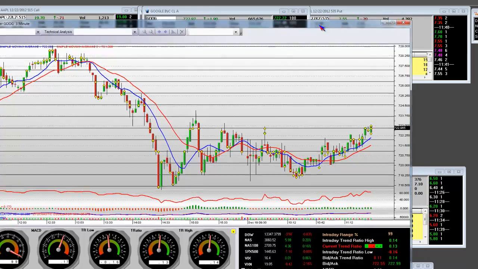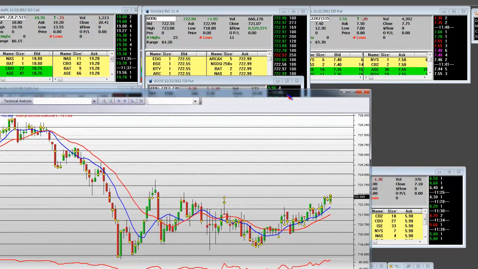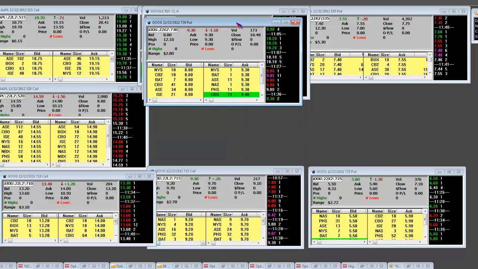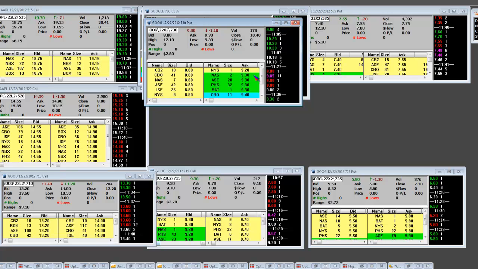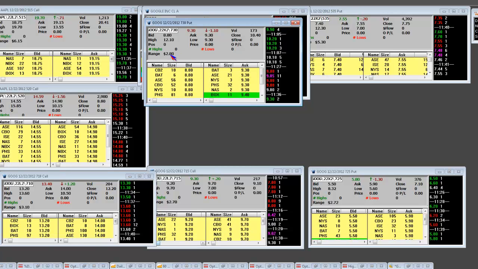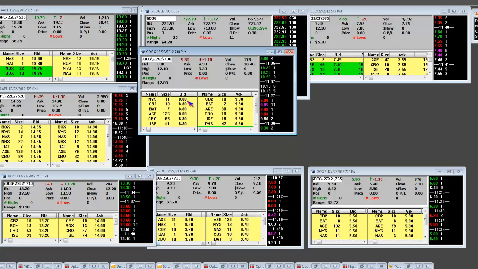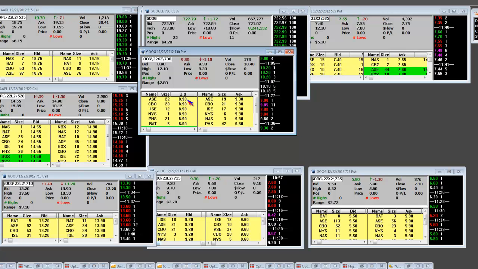We've identified that if we look right here at Google, we are making higher highs right now. The put contracts that we traded earlier and made profits on now have a $2.80 range, and this is a $730 put. And basically, when we hit the wall of resistance, we have bids down here at 820